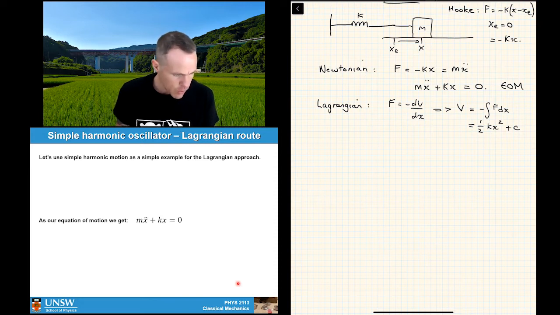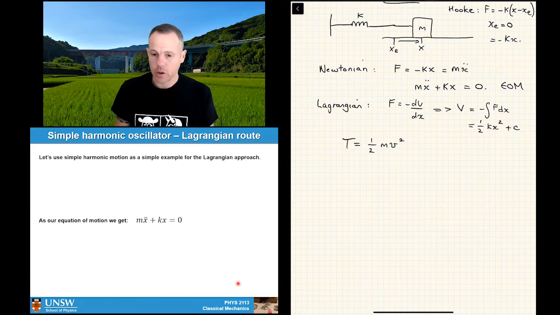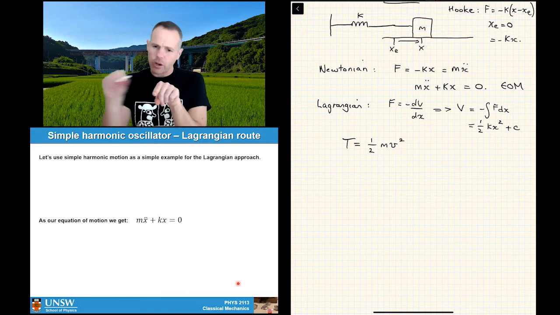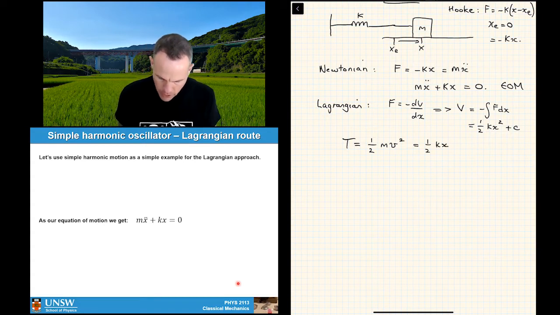We also in here have the kinetic energy, and so it's going to be a half mv squared. And of course, this time the only thing that matters is the motion along x, right? So this thing's really easy to write. It's a half kx, sorry, not half kx, half m x dot